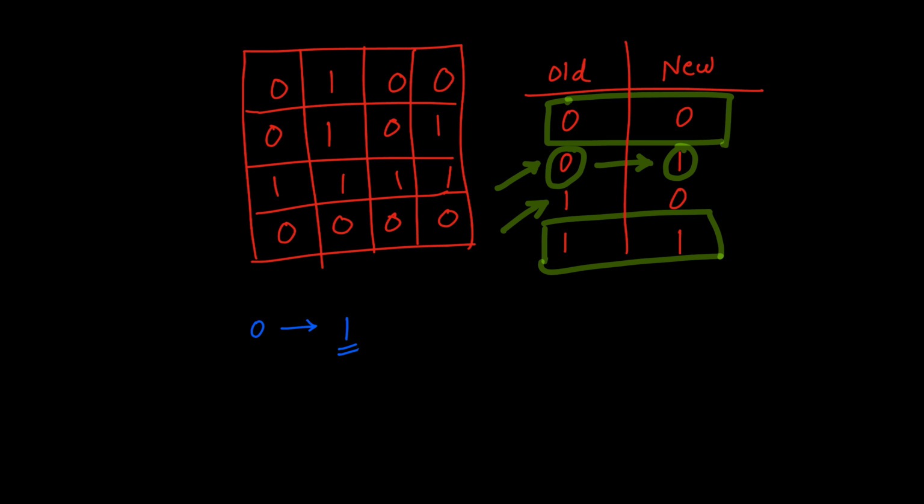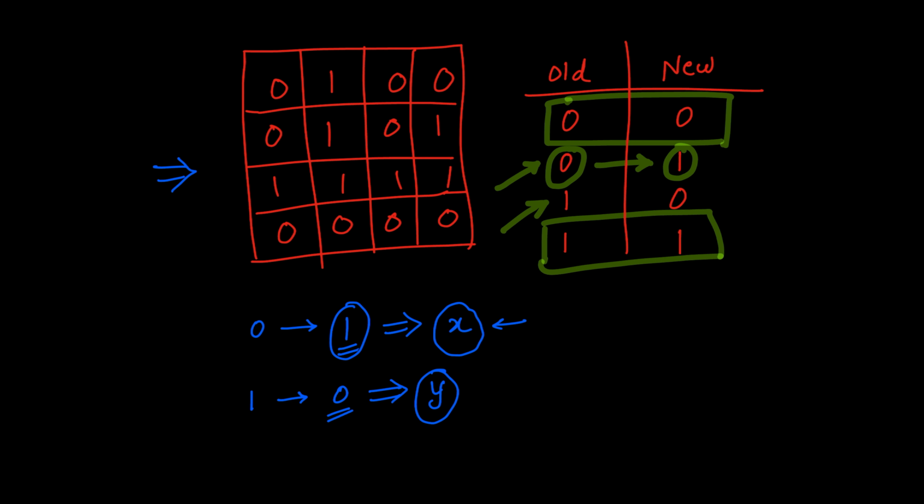For example, if the value changed from 0 to 1, instead of saving 1 in the updated matrix, we can save x instead. Same applies to the next combination where the original value is 1 and the updated is 0, so we can replace these states with y. So when checking for the neighbors and if we see x or y in them, we know how to handle it. If it is x, we should consider it as 1, and if it is y, we should consider it